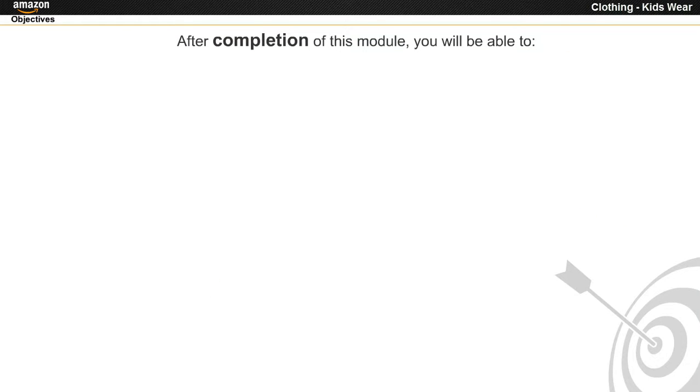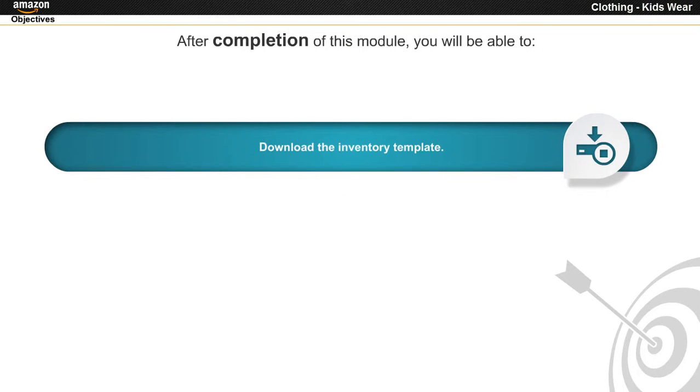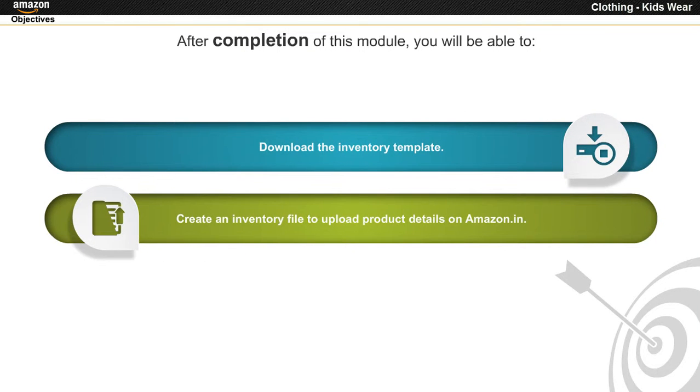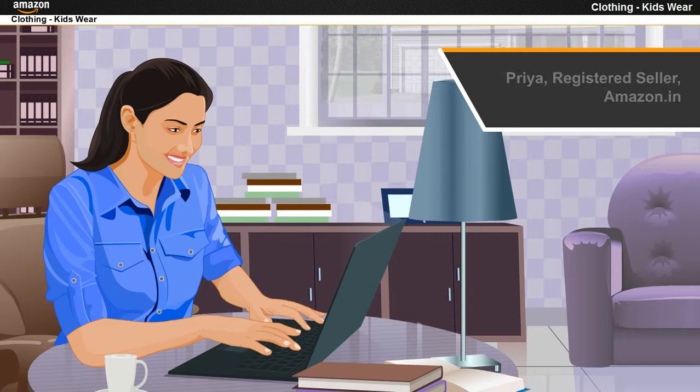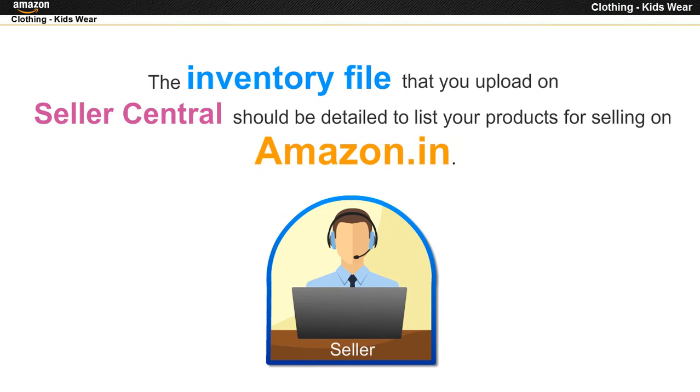After completion of this module, you will be able to download the inventory template and create an inventory file to upload product details on Amazon.in. Priya, a registered seller with Amazon.in, wants to create an inventory file for a product belonging to the clothing kids wear category. The inventory file that you upload on Seller Central should be detailed to list your products for selling